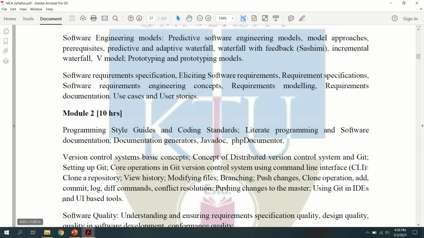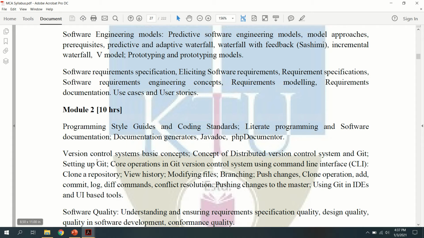So I am just moving to this one because you have to study in data structure. You have to copy your files into Git and all. So in order to do all these things, you must understand what is the meaning of version control, what is the meaning of Git, what are the different commands which are used for doing all these things like branching, modifying files, pushing to repository, etc. So first of all, we can start the concept of version control system.